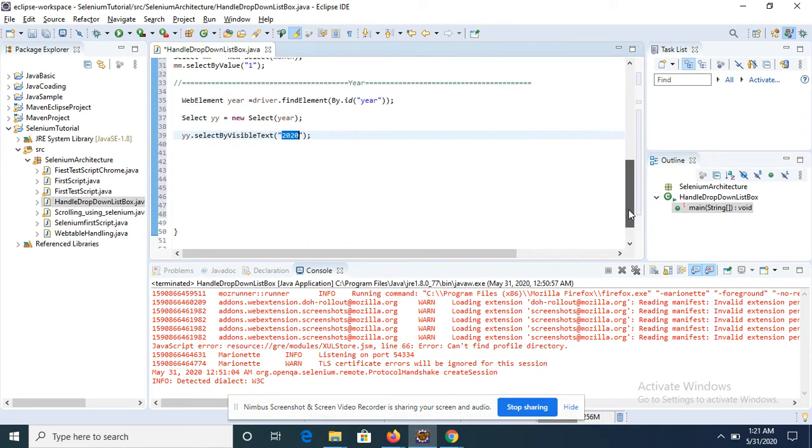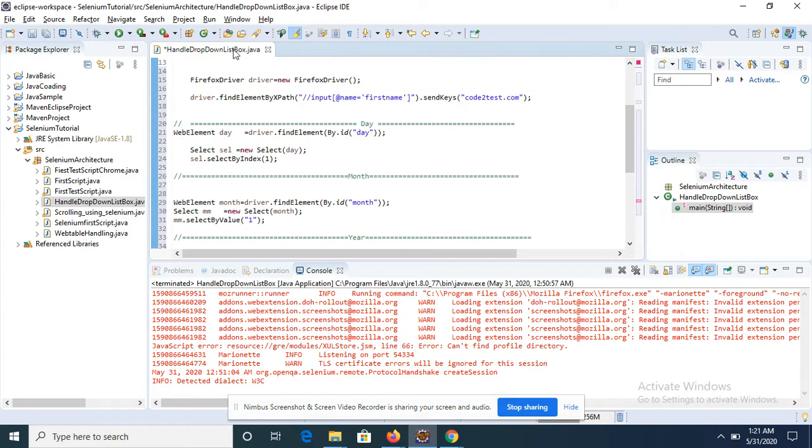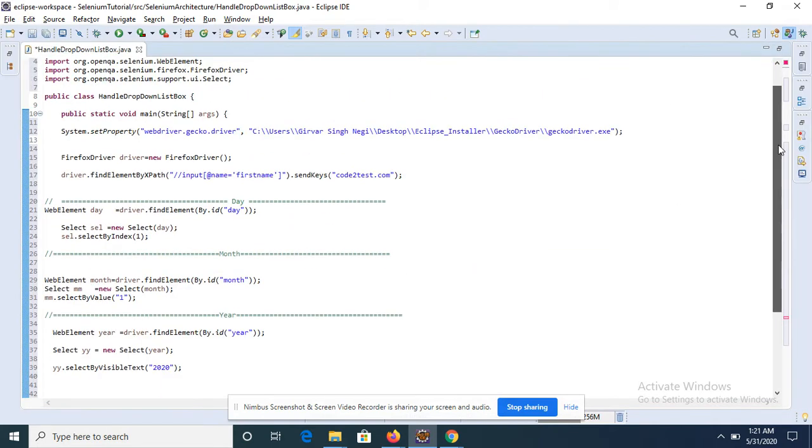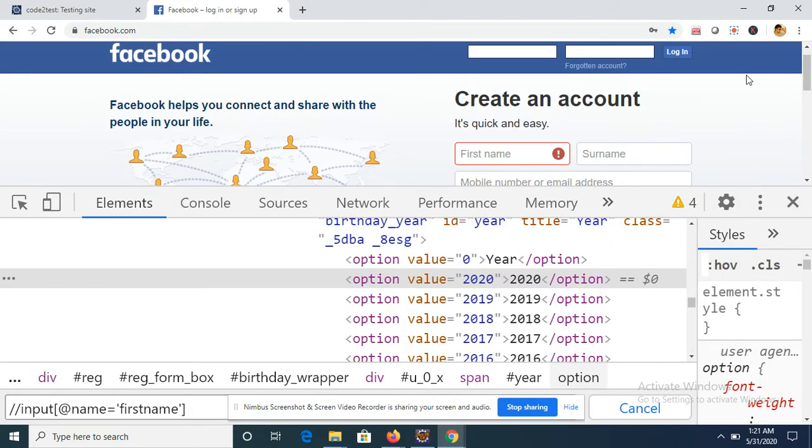Let's run the code. We are done with the coding stuff. Now let's run the code. So what this code will do is, firstly, it will print the value inside this text field.